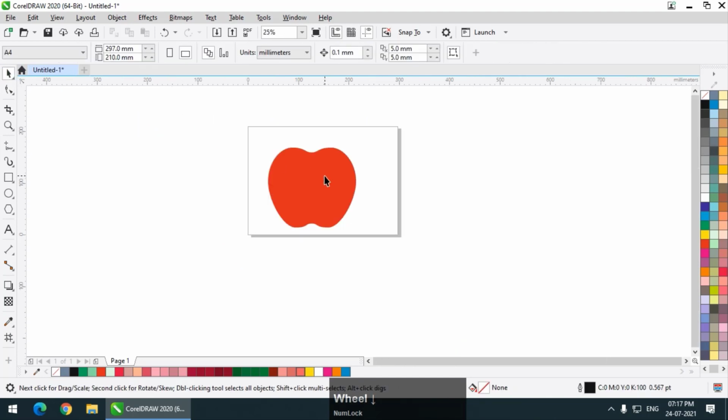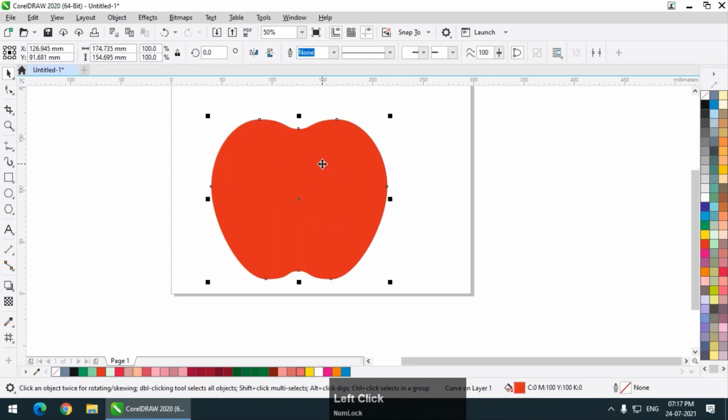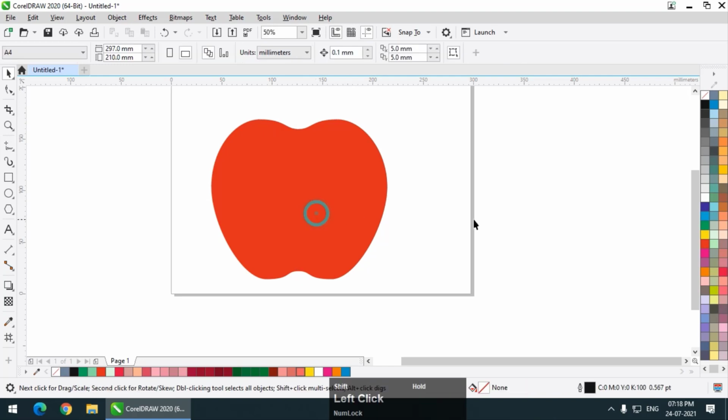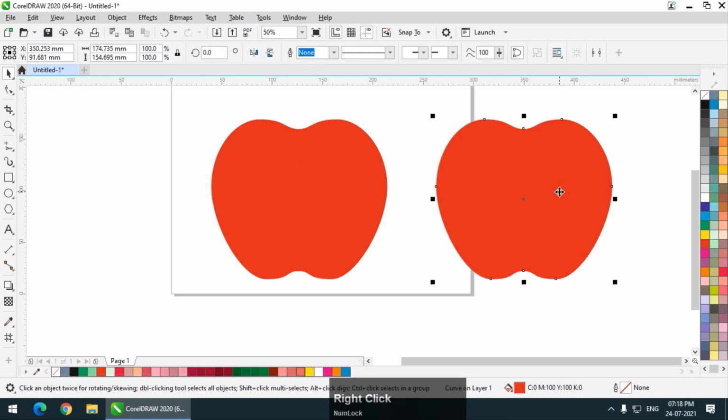This is looking more like an apple now. So let's see if I want to add some depth in colors or some different shades of color in this particular shape. So using the mesh tool now, the apple color is already red, so it might be difficult for you to differentiate between the columns and rows of the mesh tool. That's why I have shown you earlier. So what I'll do is I'll make a copy of this one first, so we can compare later on how it will look. So I will use the mesh tool now.